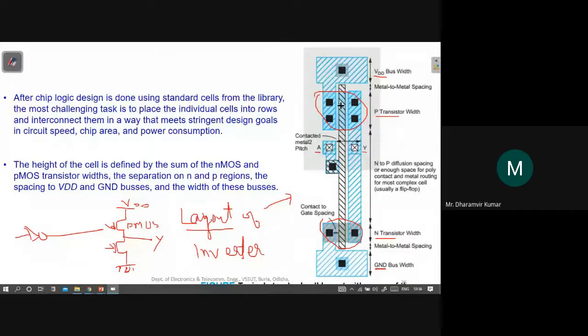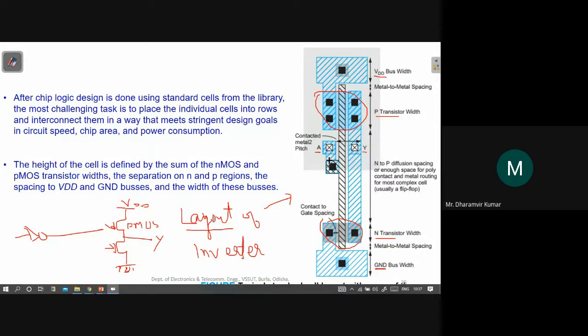Okay, and because the library will contain inverters also, how does an inverter look like? Basically, it looks like this. Okay, and once you understand this, you would be able to understand the layout of the other gates like AND gates, NOR gates, XOR gates, then a bit complex circuits like multiplexers, adders, those things. So for understanding the layout of those, the basic understanding of an inverter is a must.